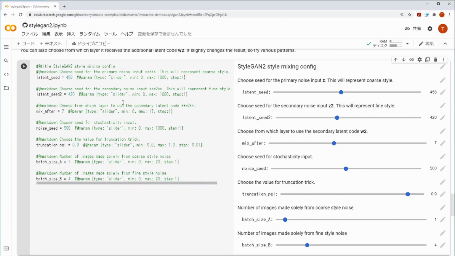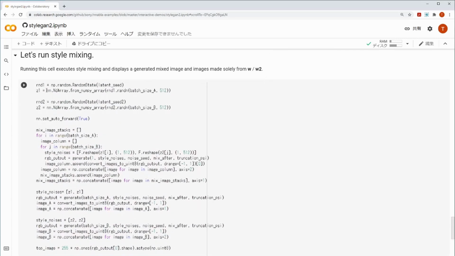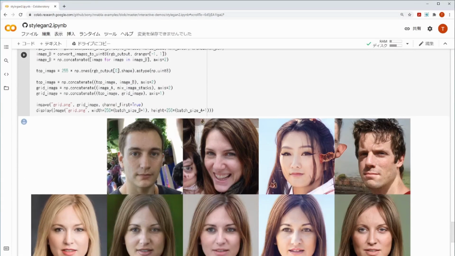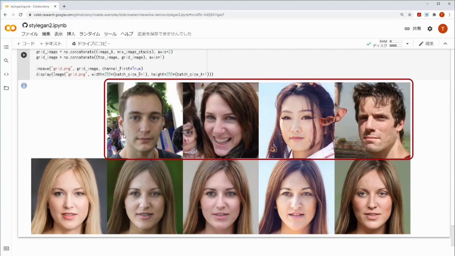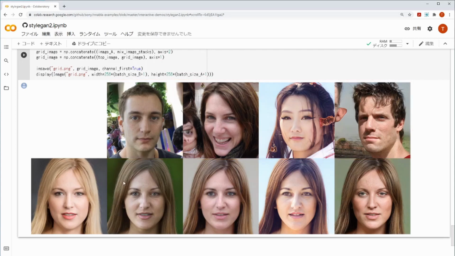Now let's run the generation code cell, which can be done by simply executing the following cell. It will take some time to generate due to the large number of high resolution images that need to be generated. So now we have the generated images. As shown in this example, we can see that the result is a mix of features from the lower left image and the upper row images. In fact, the shape and posture of the faces are created by the first latent variable alone as the base look of the faces, and the detailed features like hair and skin color created by the second latent variable are added to the base face and can be seen in these images in the bottom row.